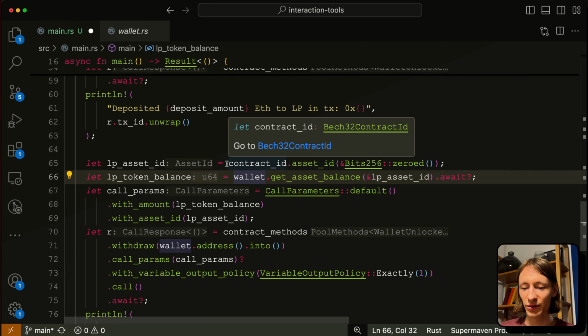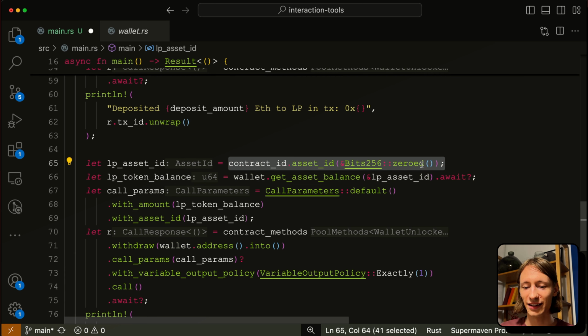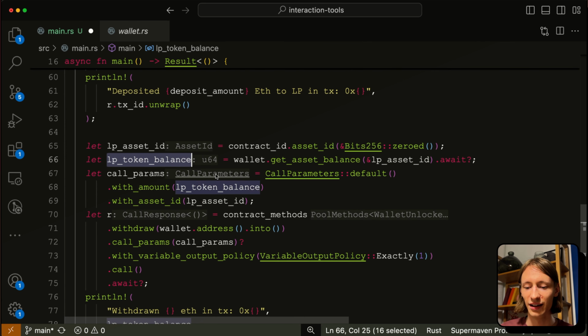And to do this, remember, to get an asset ID, we need to merge contract ID and sub ID, which is 0 here. It's pretty much the same as what we did in Sway. Now we do this in Rust. And after we get the balance, we can provide it to the call params